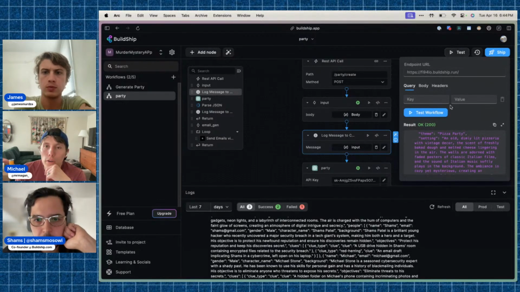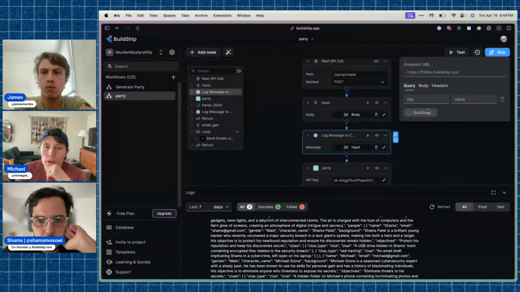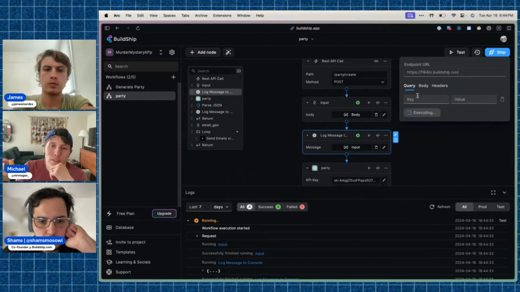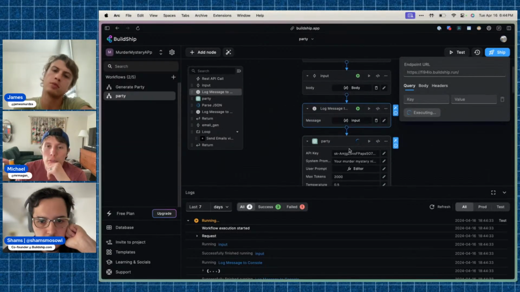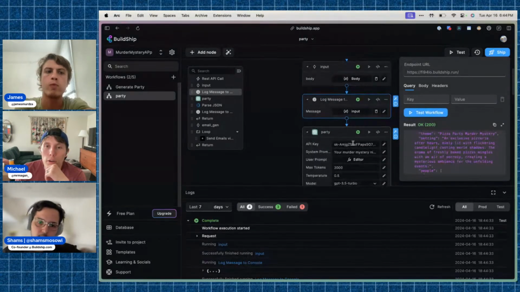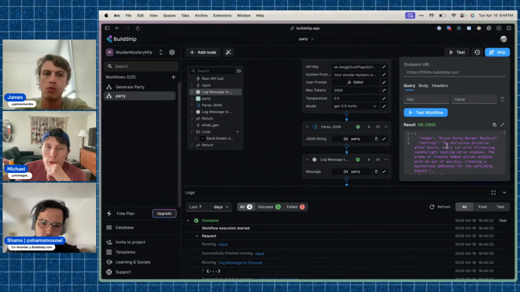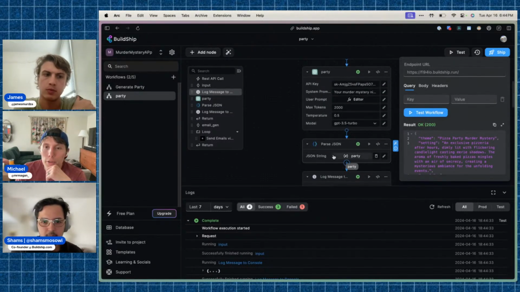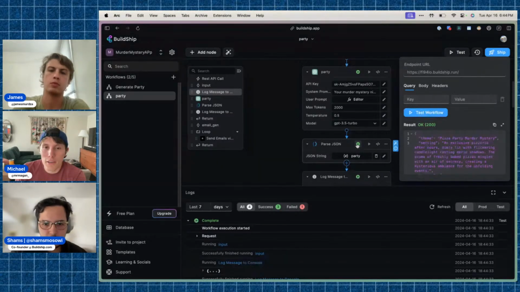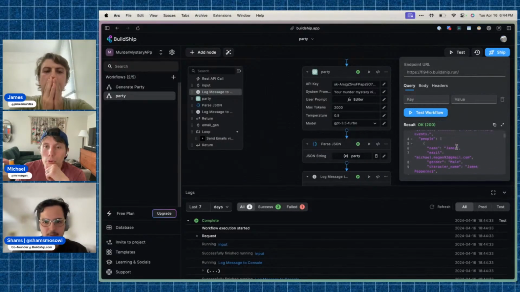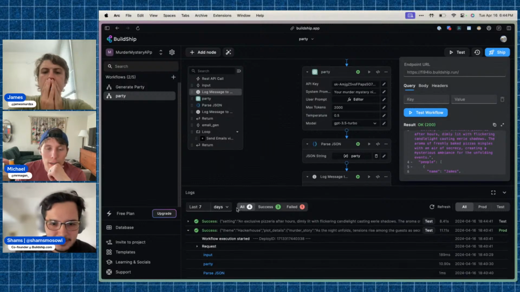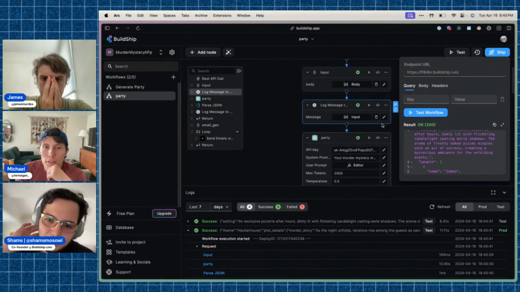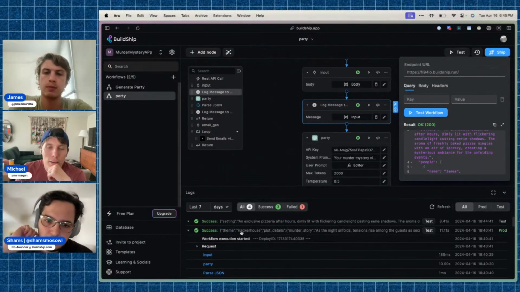One feature that would be cool, something James and I talked about, is that if it fails, you could fix that node and run it from where it was. Running the AI just takes a while, so if you got to this part and you're debugging, it'd be cool to rerun from some previous point. The other thought was that you could pause it and say, I want to run up until this point, and then run from there.